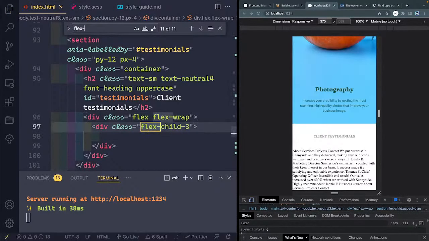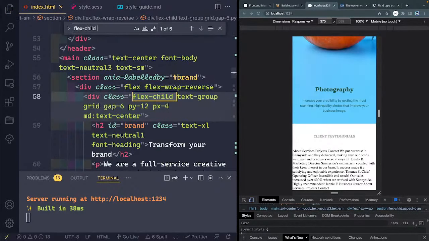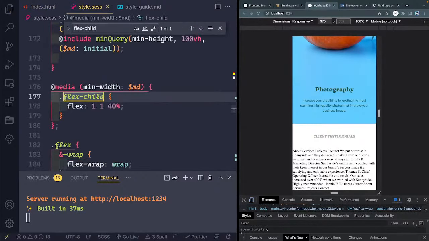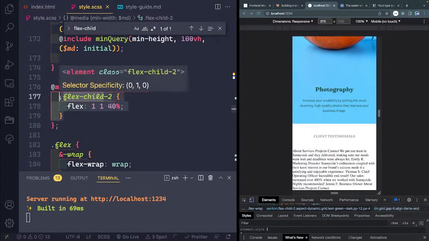So let's look for the flex child spaces. So all of these, let's grab all those with Command Shift L. We'll change them to flex child 2, and I'll come over here to my flex child, and we'll set these to flex child 2. And then for flex child 3s,